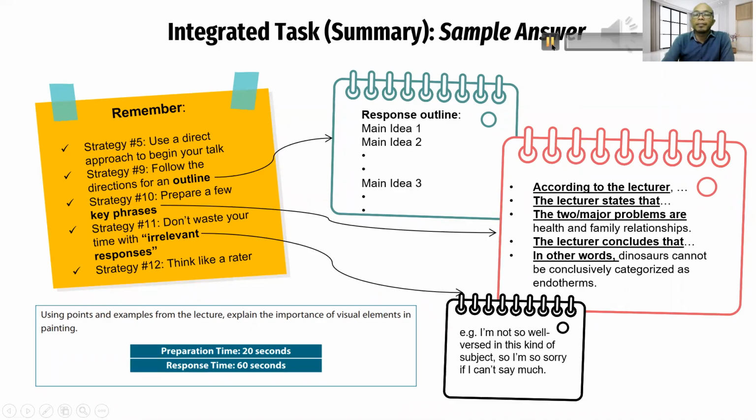The lecturer discusses how visual effects are important to communicate feelings, emotions, and meanings in painting. She supports